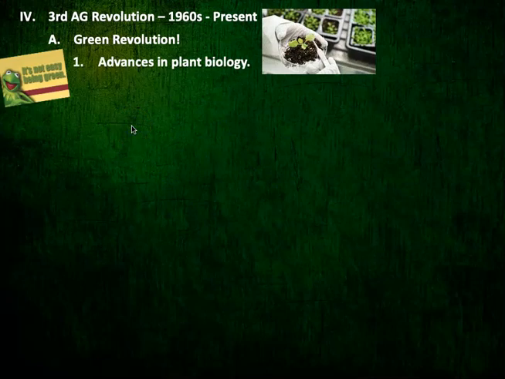So what was the Green Revolution? Well, number one, after World War II, we're going to see this huge advance in science focusing on plant biology. We're going to find that the world undergoes another big push in growth after World War II. We can cover again some stuff that we covered back in Unit 2. And as the population begins to grow again after World War II, and really starting to take off in some parts of the world, Asia, Africa, some of those areas,